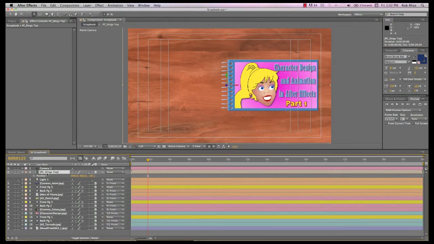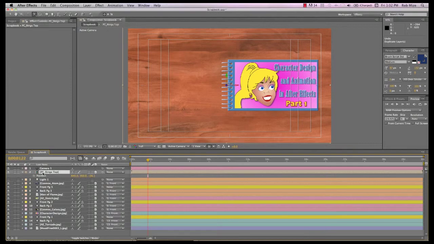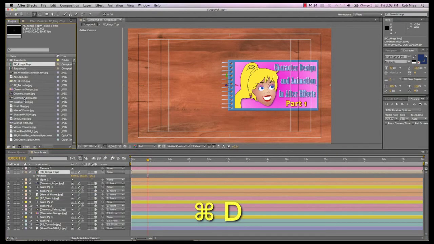And if I want to create the bottom of those rings, I can't just duplicate this layer, because this and the duplicate would share the same pre-comp layer. And that won't work in this case. So we will duplicate not the layer, but the actual pre-comp source.